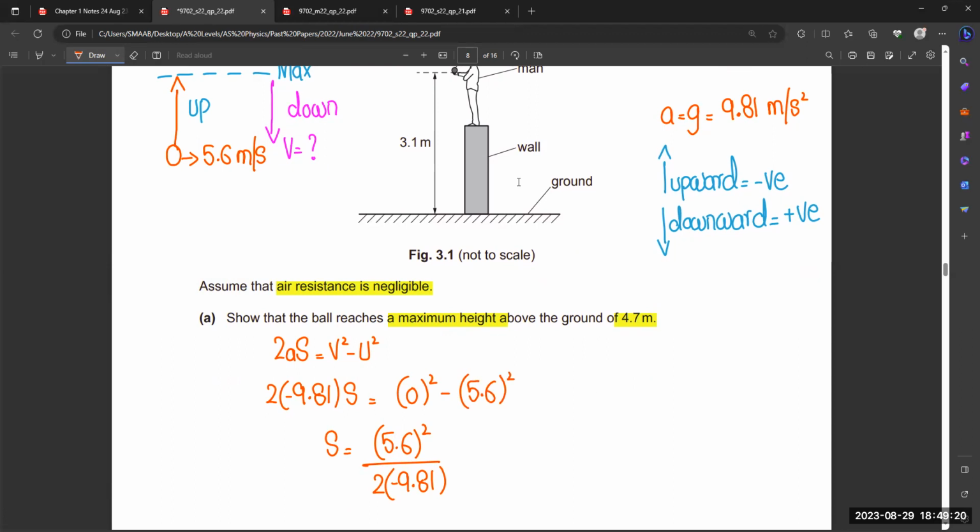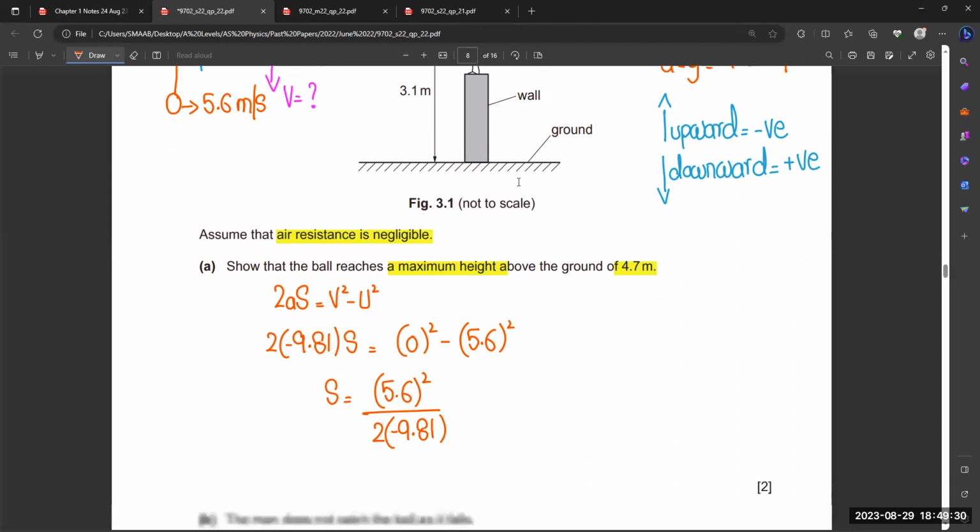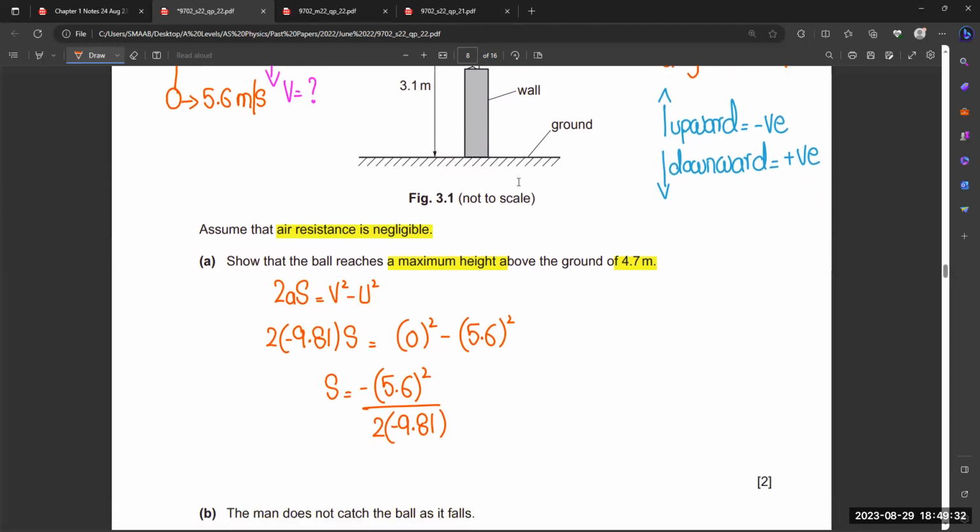Because if they write that the ball is thrown from rest, then we use initial velocity zero. But there is no concept of the rest state in the question. So your final velocity at maximum height will be zero. So this will also give you a minus sign, and both minus signs will cancel out in numerator and denominator. And you will get your final height, that will be equal to,